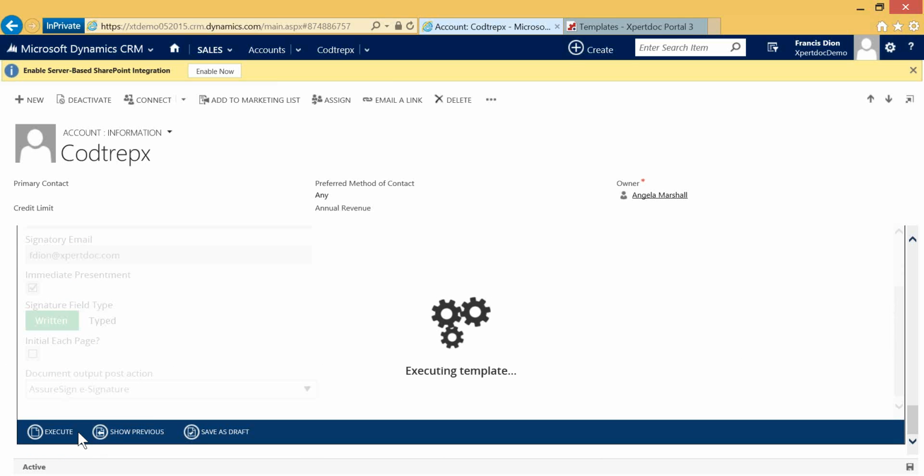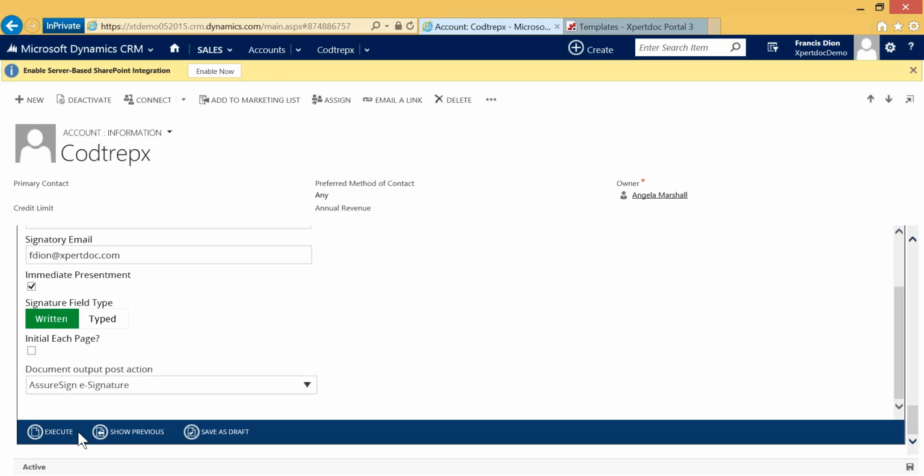Again, same process. I basically just pick my template. I'll pick my options if I'm not satisfied with the default ones. Now I'm executing the template, which means essentially I'm extracting content from CRM, merging that into a document. In that case, the document gets augmented with the details, the requirements for the electronic signature, and then the document is submitted to one of our e-signature partners. We actually have out-of-the-box integration with Adobe Sign and eSign Live,